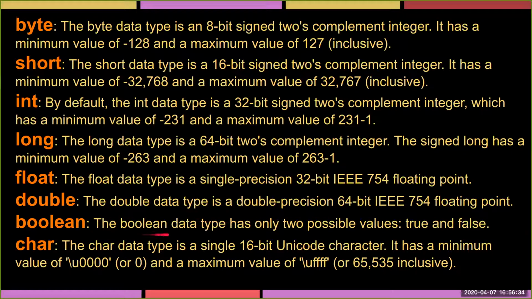Okay, and then booleans, it's just the true or false, so 1 or 0. And then chars are much bigger than in other languages. They're these 16-bit Unicode characters, and so there's a lot of them. Versus in ASCII, like most characters in other languages, ASCII is much smaller. Unicode is much bigger than ASCII,